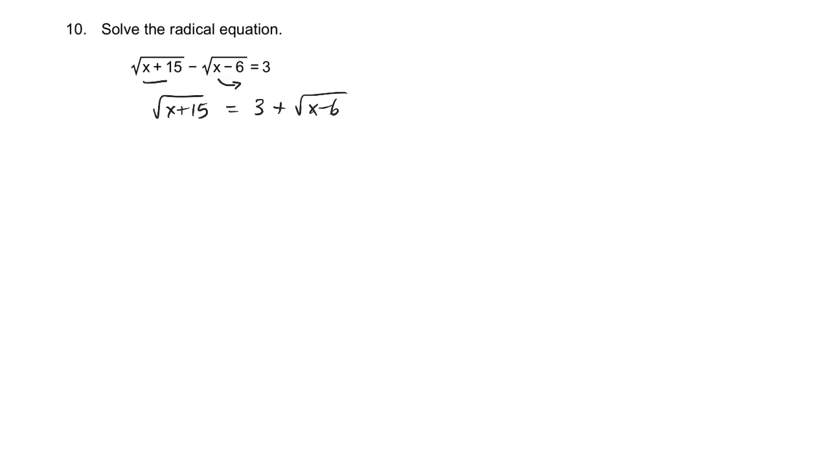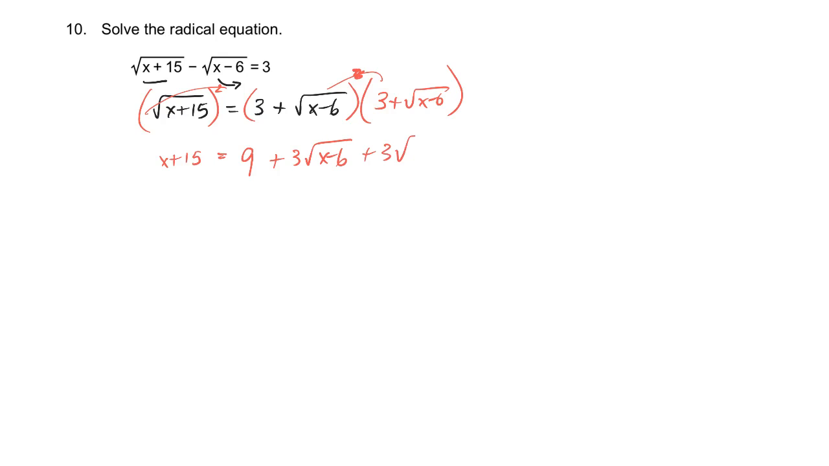Now that I've isolated one, I can square this side, and that'll cancel, so it'll be x plus 15 only. But if I square that side, I have to square this side. And when you square it, I could put a 2 there, or I could just write another one there. Okay? Now I'm going to FOIL that. So 3 times 3 is 9. 3 times that will be a positive 3 root x minus 6. This times this, another 3 root x minus 6. This times this would be root x minus 6 times